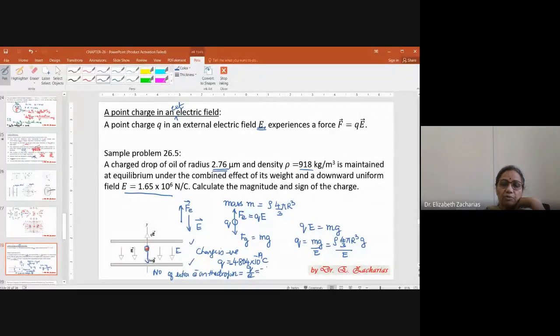So it is minus 4.804 into 10 to the power of minus 19 divided by 1.6 into 10 to the power of minus 19. You are getting approximately 3. That means 3 extra electrons are sitting on the oil drop, and because it is negatively charged, you are able to apply an electric field downwards, thereby giving an electrostatic force in the upward direction, which is balancing the gravitational force. So here is a problem which is talking about the effect of an external field on a charge.